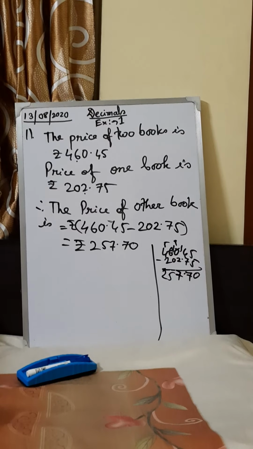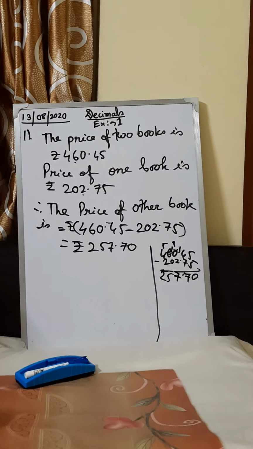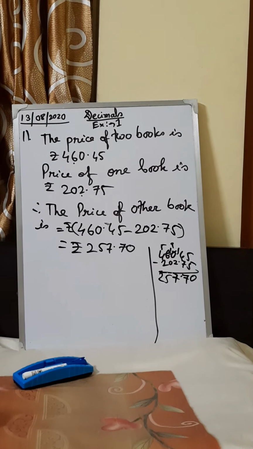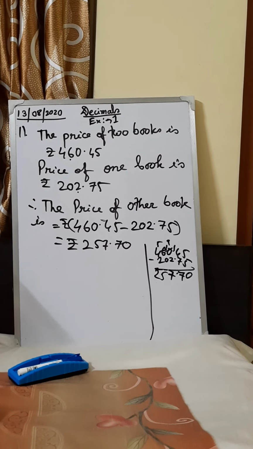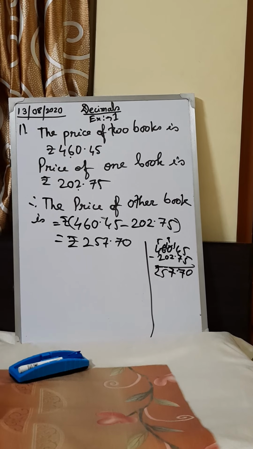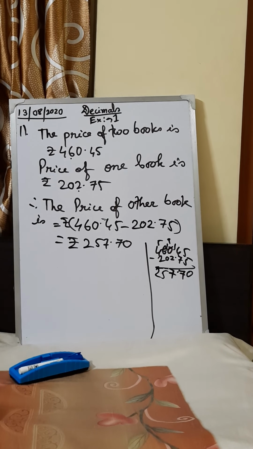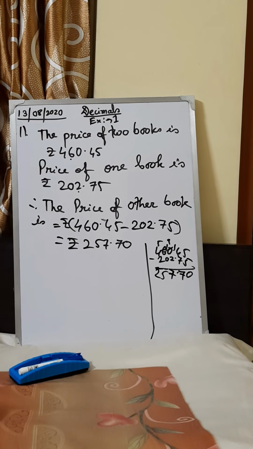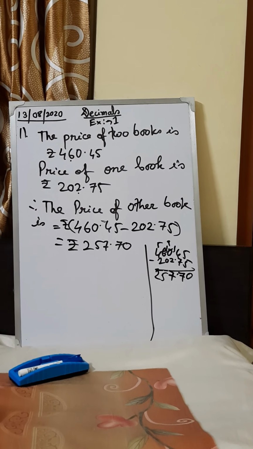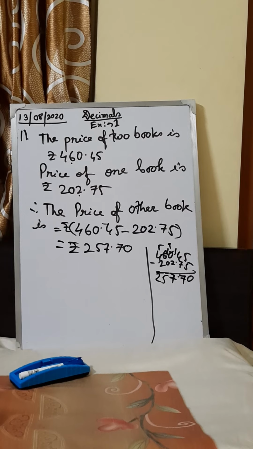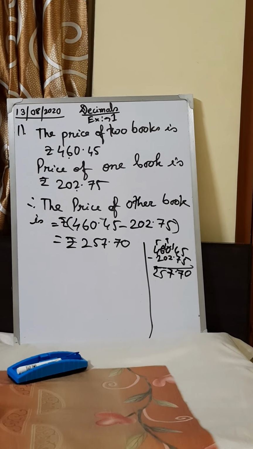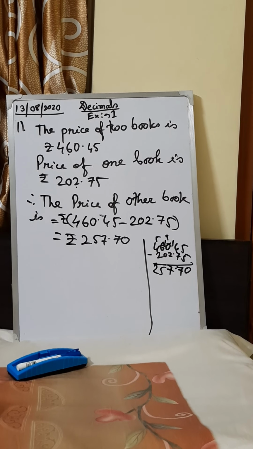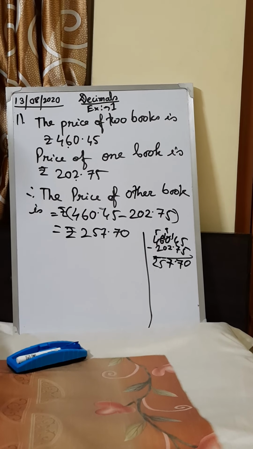Now next is question number 12. The total weight of Aisha, Rebecca and Shilpi is 106.35 kg. Right? And the weight of Aisha and Rebecca is given. You have to find Shilpi's weight. How do you find it? You first add the weight of Aisha and Rebecca and subtract from the total weight, that is 106.35. From that you get Shilpi's weight. So I am not showing you question number 12. I will show you question number 14.